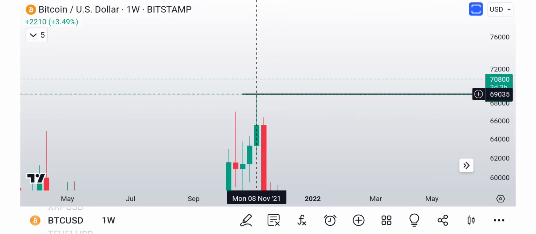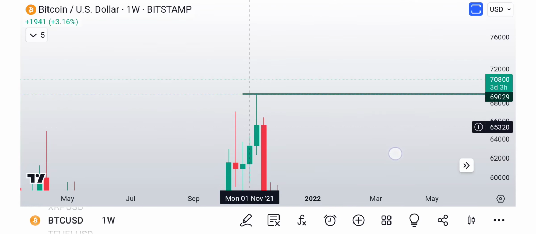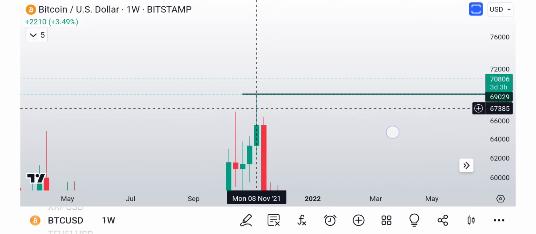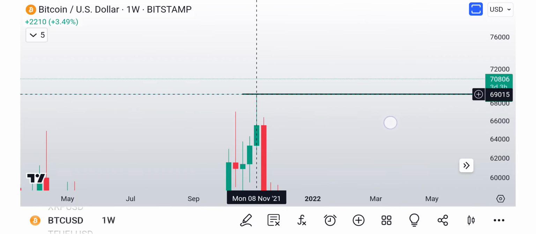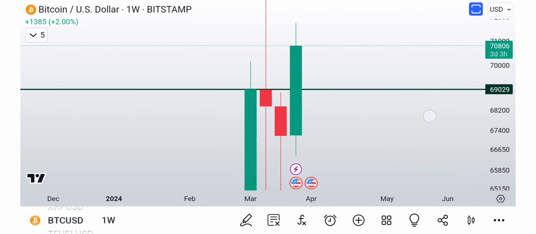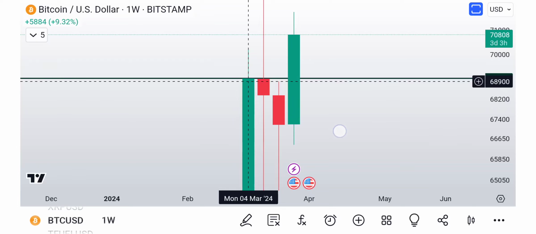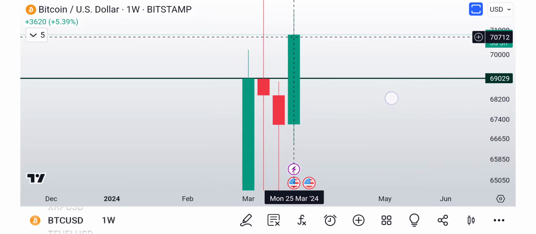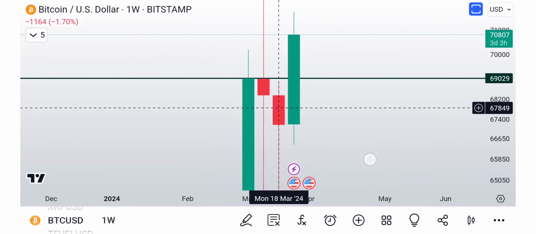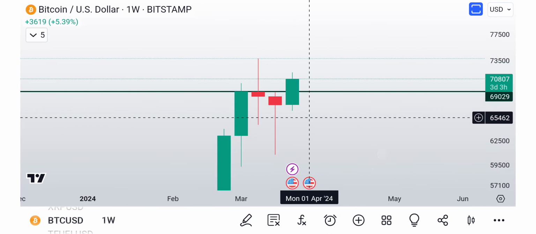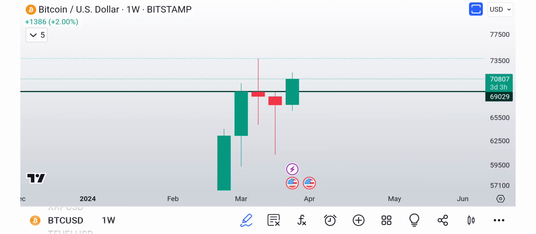So Bitcoin already had the highest weekly close ever, which is closing above 65.5. But now we want it to close above the ultimate high, which is this wick here at 69K. Right? Which also coincides with the previous weekly close. So we have a bullish engulfing candle going above the black line, above the close, engulfing these two indecision candles, right? The only issue I would say is this wick right here,